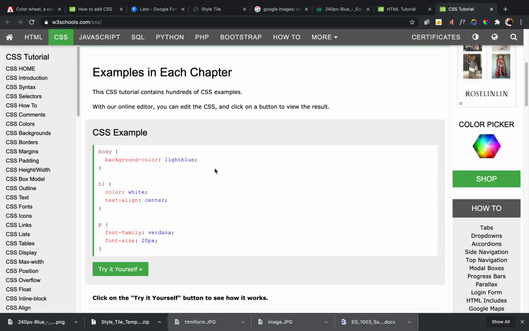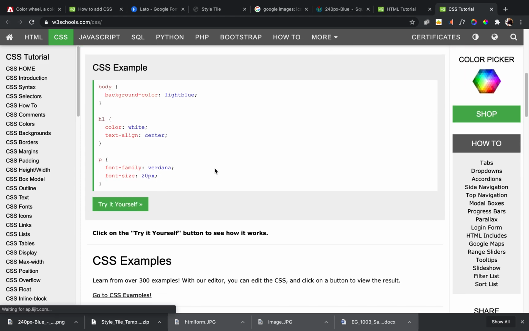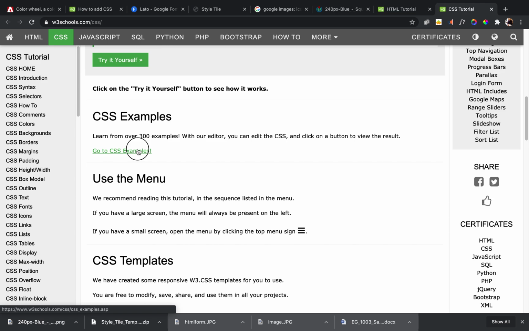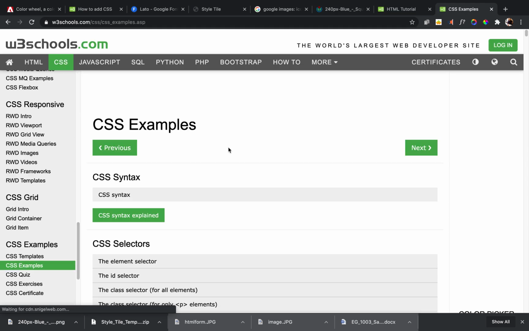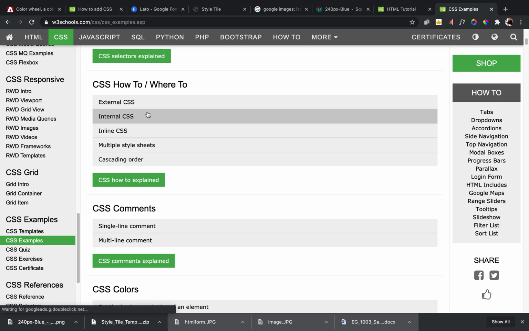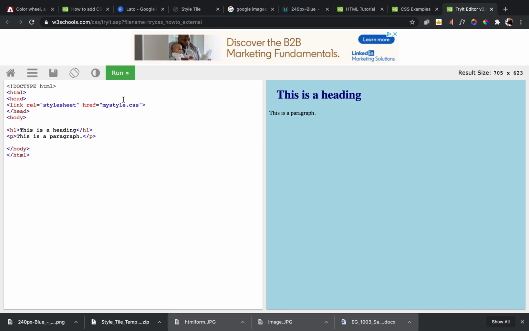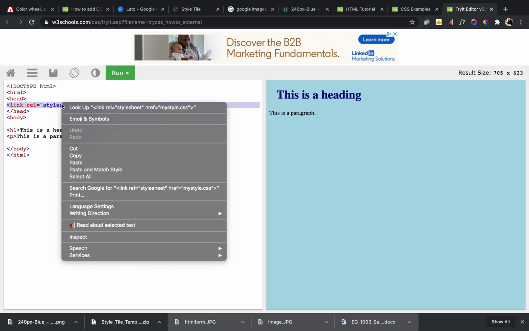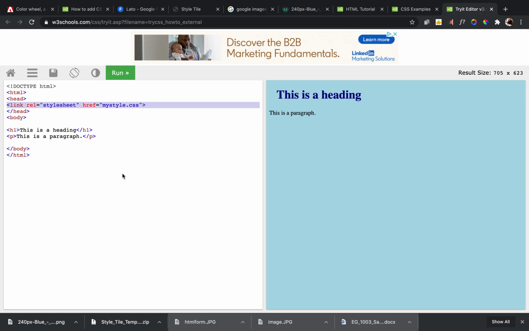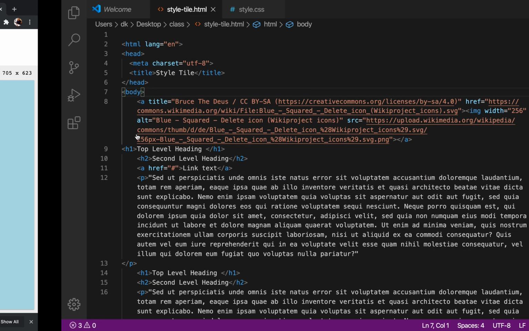And what we want is how to apply CSS. So I wonder if that's here. Okay, this is what I'm looking for, external CSS. Now, there's plenty of great external CSS tutorials on the web, and I will refer you to them for more detail. But this is enough to get us started. This is what we need to link to an external style sheet. So I'm going to copy that. I'm going to drop it into my